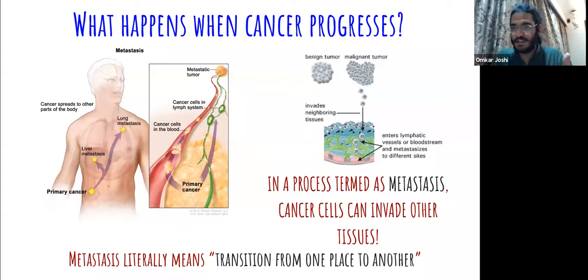This is called invasion. Invasion is when you don't belong here, but you are going and sitting there, right? So cancer cells develop this property of invasion such that they will start infiltrating nearby healthy tissue. And if this goes to a point where they enter a blood vessel or a lymph node, such that, for example, a primary cancer which developed in the colon goes to the lung, we call this process metastasis.